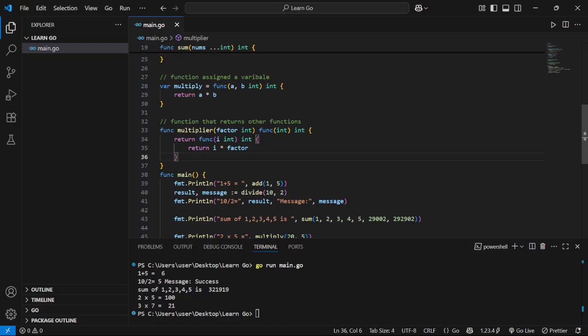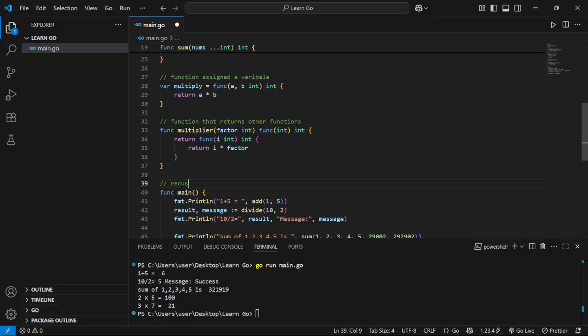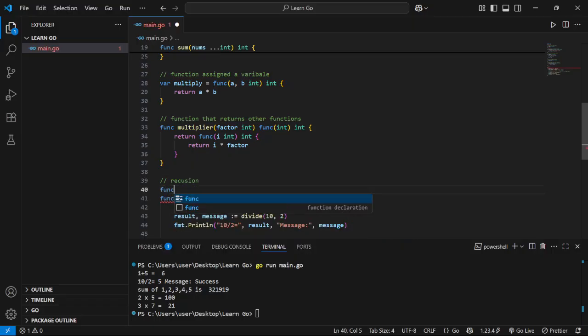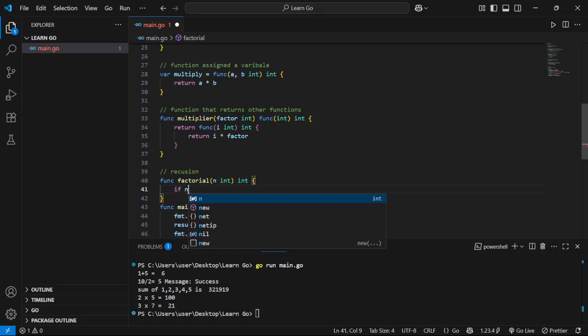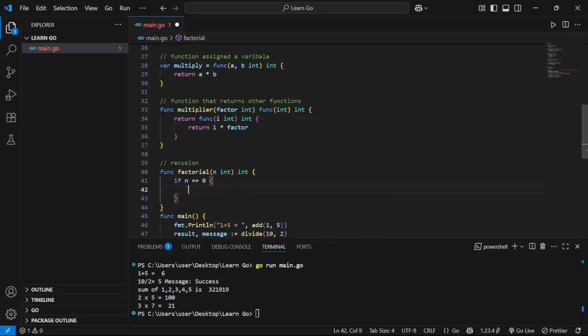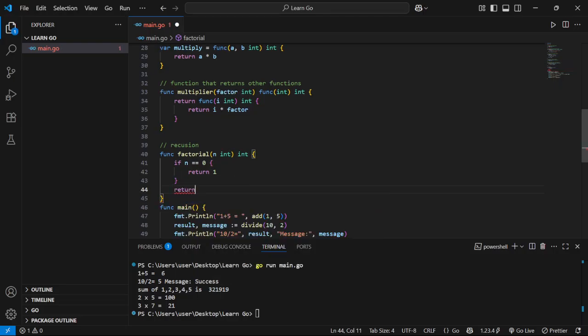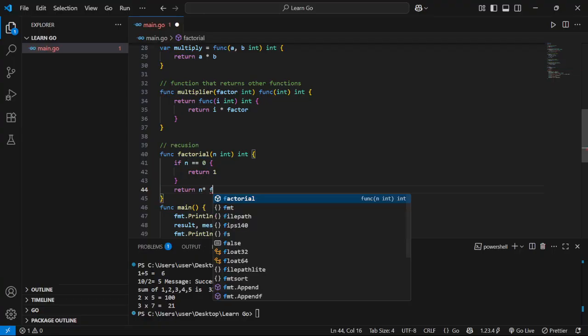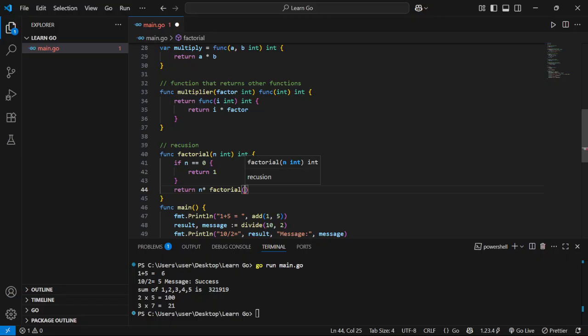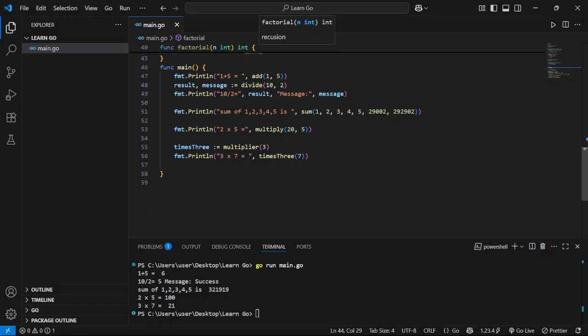And then one last thing that we can look at is maybe recursion functions. Of course, this is a function within itself, and then we can just do this by using this recursion. Then we say func, maybe factorial, the most common approach. Then we say maybe int, and then of course you're going to return an integer. And then you can come and say if n equals 0, just return 1. Of course, to learn more about recursion, you can just get a lot of explanations online, and then you can say n multiplied by the factorial of n minus 1,